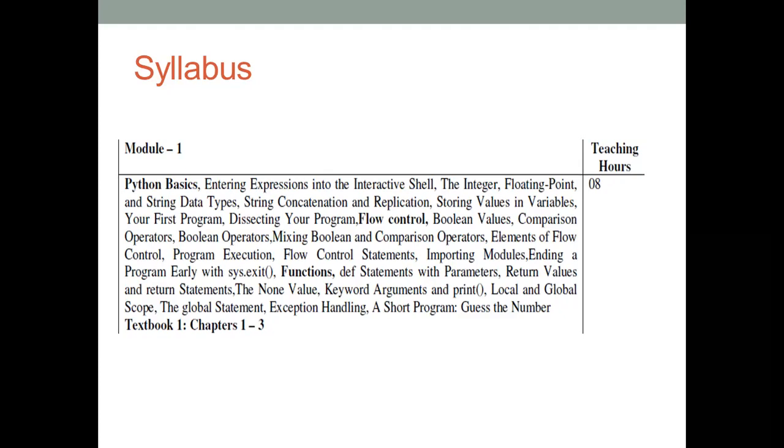Before you start typing the program, or before you interact with your Python software, we have to know how to install it. After installing that Python programming software or Python IDE, how are we going to type an expression?